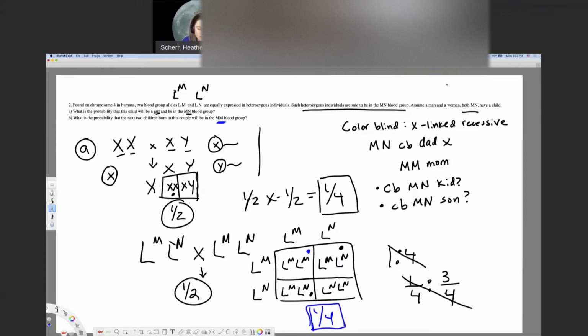What's the probability that their next kid is a girl that is in the MN again? It's the probability they'll have a daughter that's the same as the first daughter. Be the same, right? So people sometimes get confused and think like,